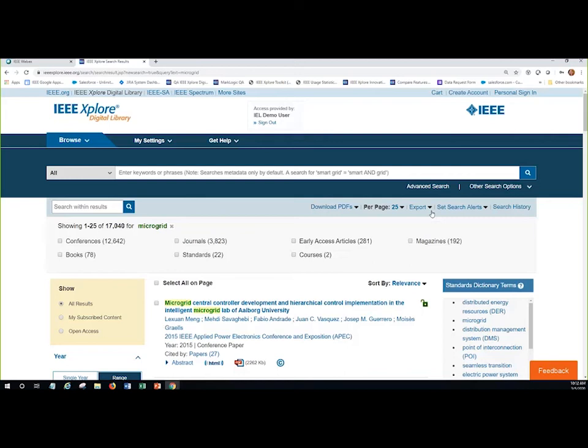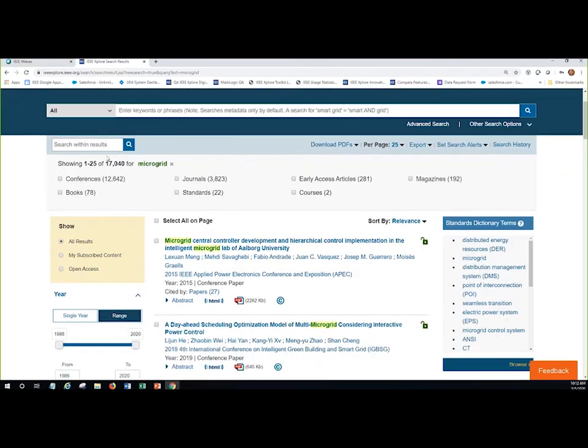It's a really nice way to be able to explore a topic, and you can remove refinements so you can drill in and out on the search results set as well. So as we scroll down, you'll notice I have the ability to search within the results. So if I add an additional search term or a refining concept, it will just search within these 17,000 plus documents for any articles that also contain those words.